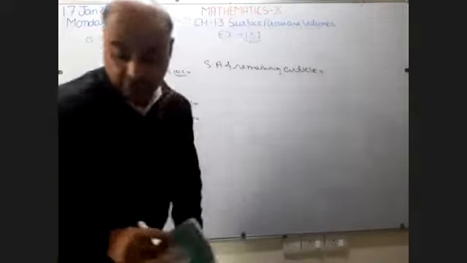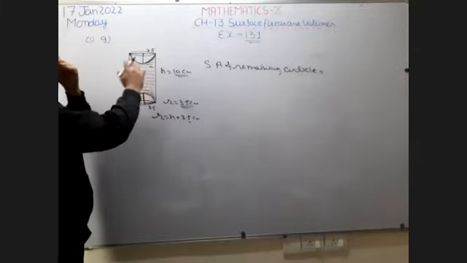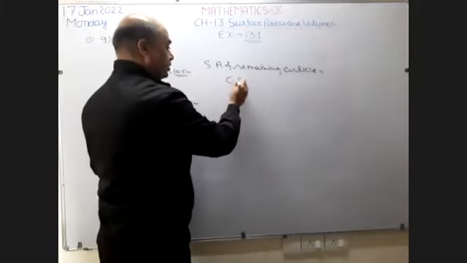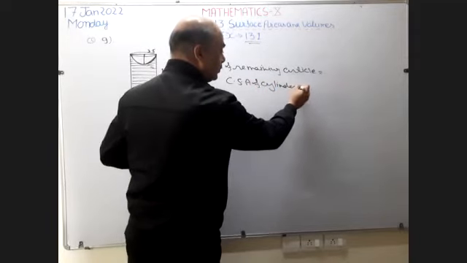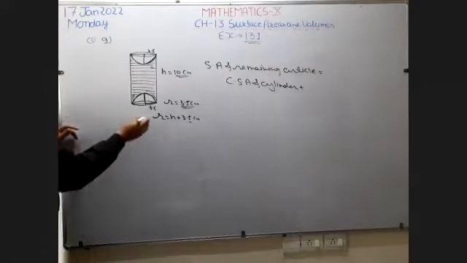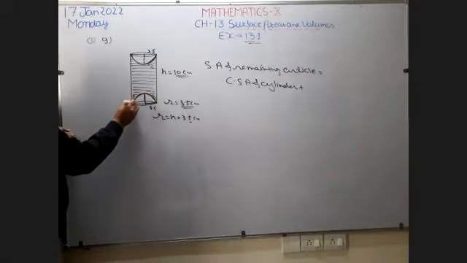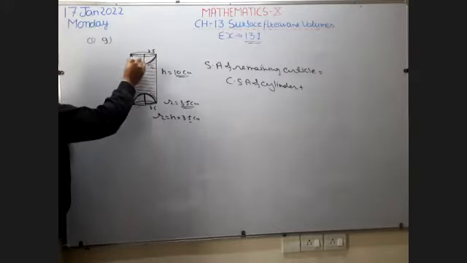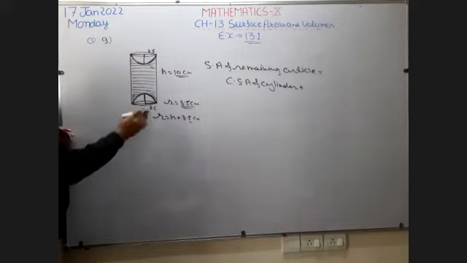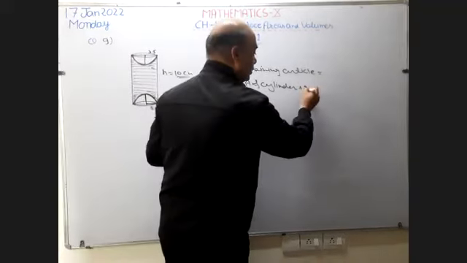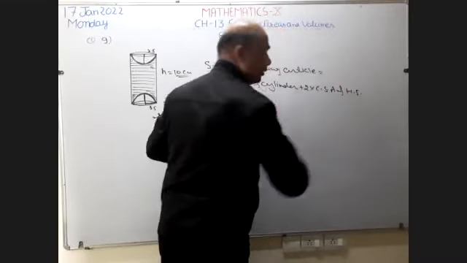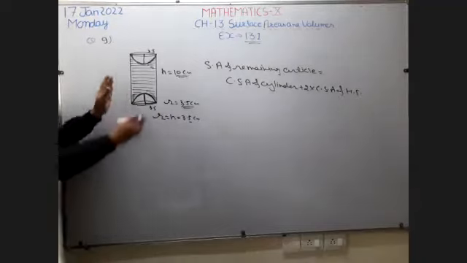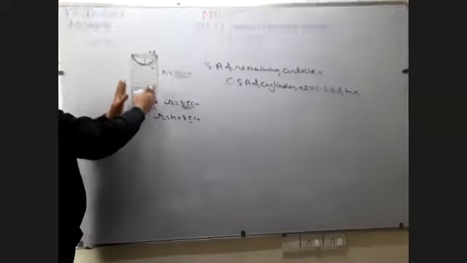So what is left? This curved surface is left. Outer part of the cylinder is left completely. So right here, curved surface area of cylinder plus. So what is the shape of this? This is the shape of hemisphere, and this is also the shape of hemisphere, both having the same dimension. So I'm going to write here twice curved surface area of hemisphere. I hope it is clear. I'm going to find the total surface area of the remaining solid.